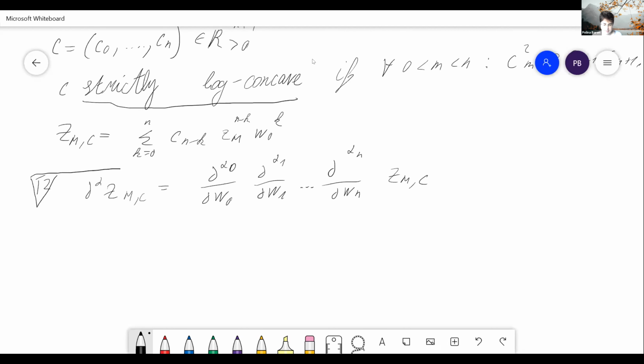Assuming that this is not identically 0, there are two statements for that polynomial that hold. And one is that the Hessian